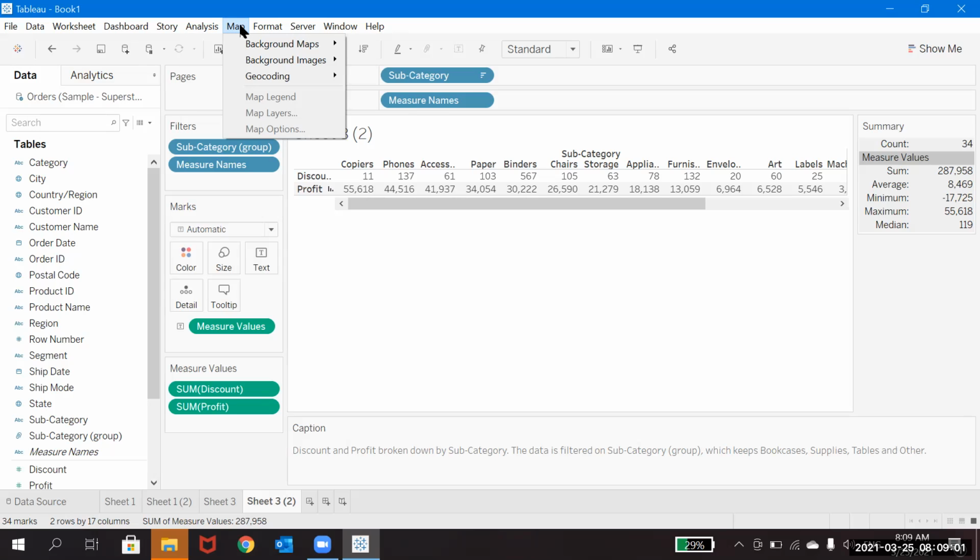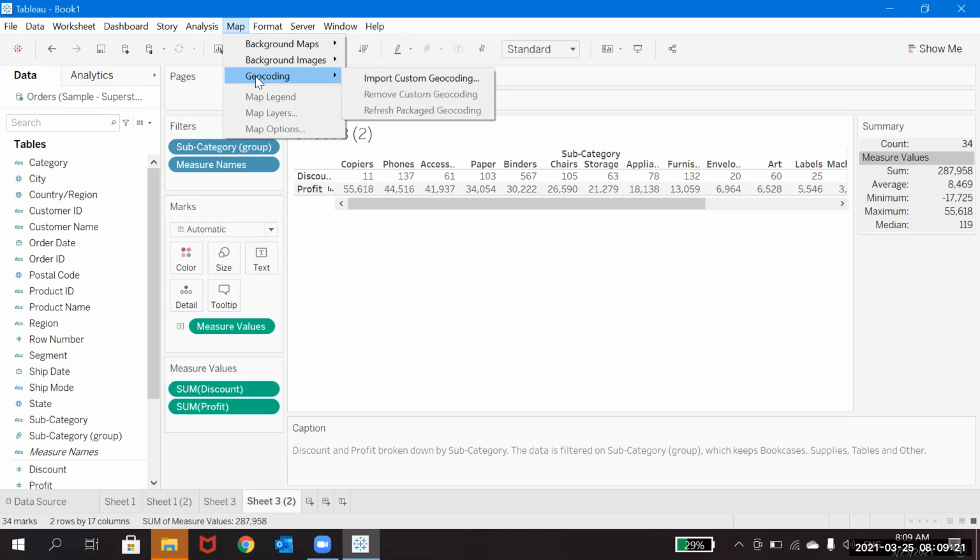That will attract the user also. So it will be a little interactive and attractive way of showing your data. Maps will take separate classes, and you'll understand what these background maps and images and geocoding are. Geocoding is something like latitude and longitude values.